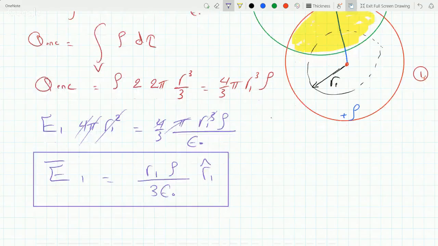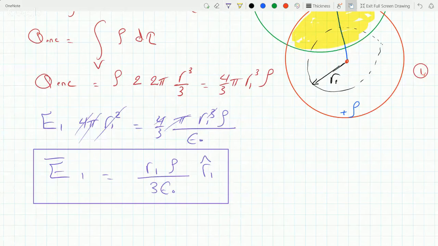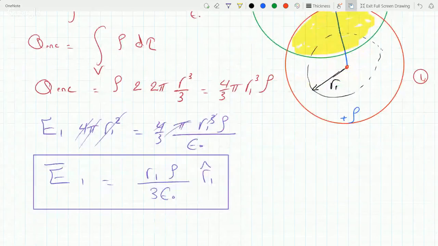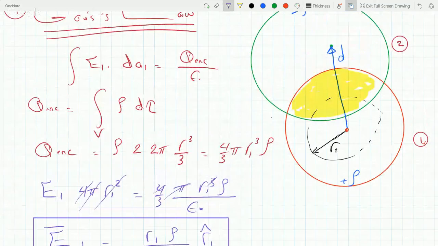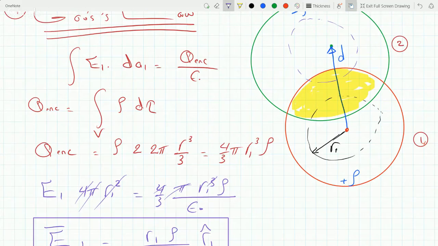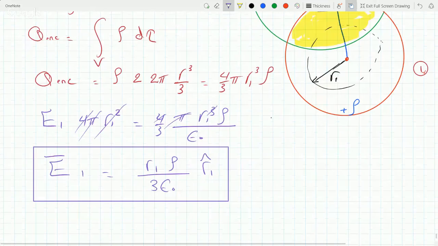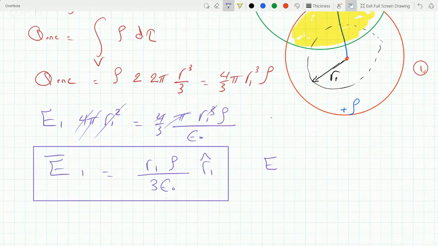Now, I could repeat and do the same exact thing on the second sphere, but let's not repeat the work. We just replace r1 with r2. We take a Gaussian surface here in the second sphere, and we call this radius r2. And so for E2, we replace rho with minus rho because the other sphere is negatively charged. So it will be minus rho